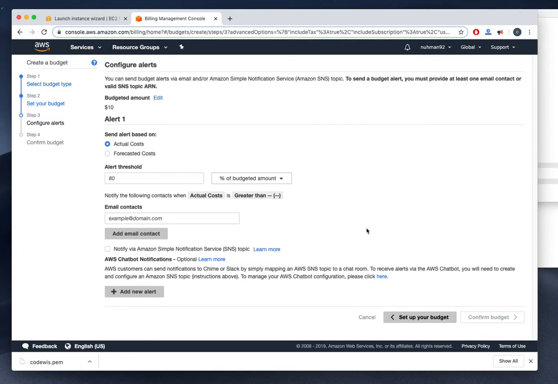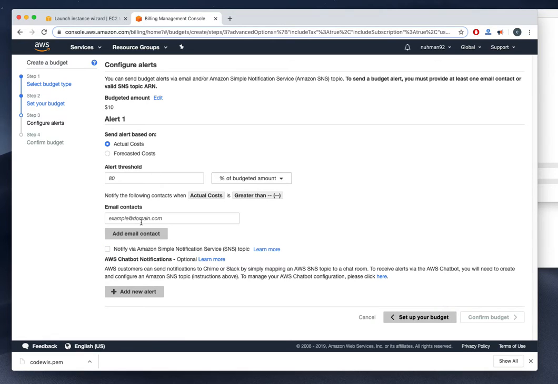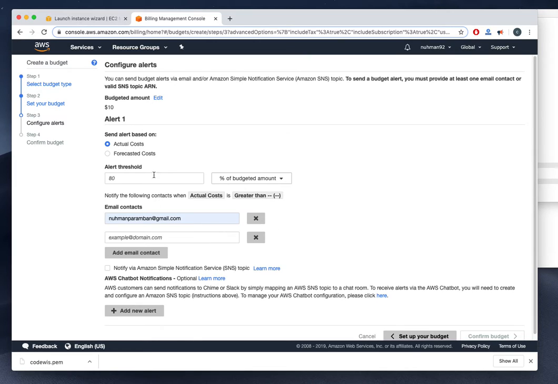and configure the alert. Okay. So if I am getting to the $8 limit, I will get an email. So that's where we can configure alerts. So notify me, Amazon Simple Notification Service. So that I don't need. And just adding my email contact, and